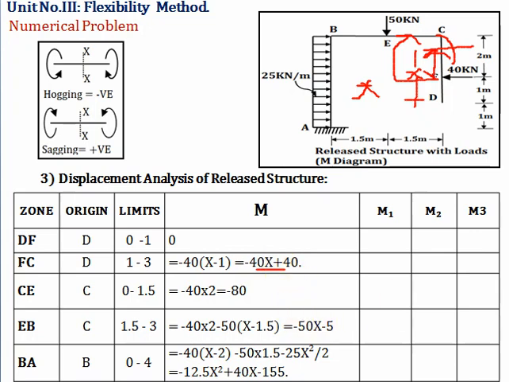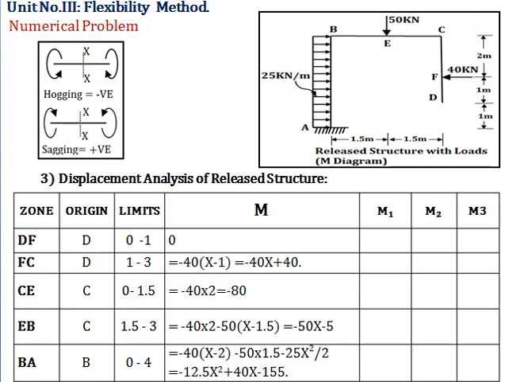Okay. Now next we will take the section in portion CE. Measure X from point C. Now here the origin is C. So what are the forces? This 40 will act like this. Again the nature of bending moment will be hogging, so again minus. But here for the 40, the distance is completed at C. So the intensity of the point load, 40, will be multiplied by the length, that is 2. So minus 40 because the nature of bending moment is hogging, 40 the intensity of force and 2 the distance. So minus 80 will be the bending moment in portion CE.